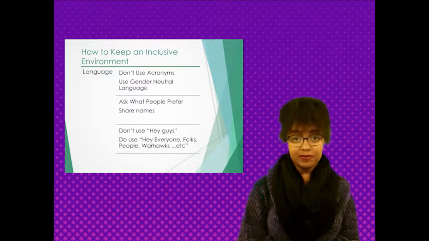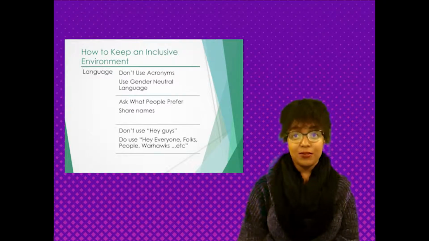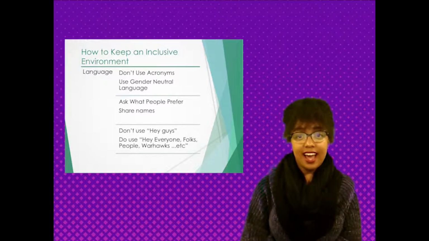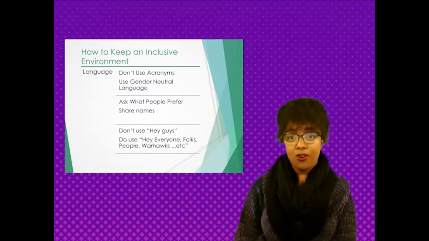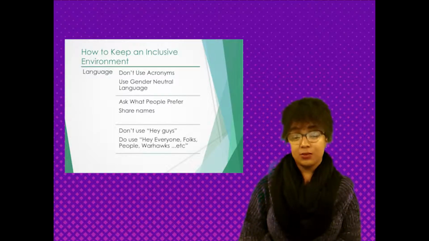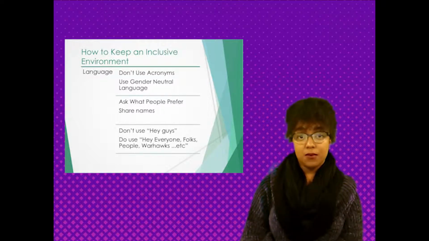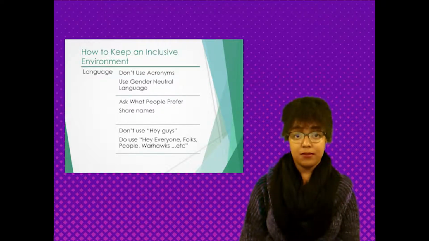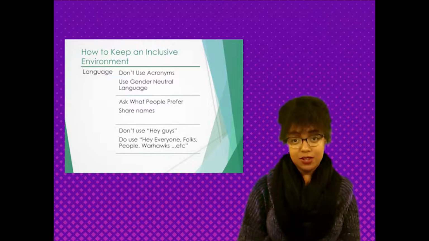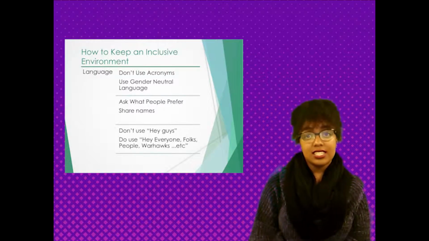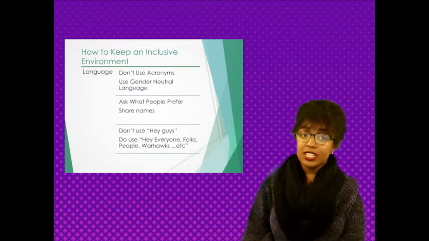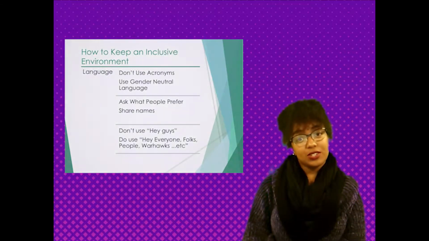Number two, be inclusive with your word choice. Be sure to use gender-neutral terms. Instead of saying, "Hey guys," say, "Hey everyone," or only refer to someone as he or she if you are sure that that's what they prefer. Never assume what someone prefers. If you don't know what pronouns they prefer, try using they or them. This will ensure you are being inclusive to how everyone identifies. This is a simple language change that could immediately open membership, leadership opportunities, and more to all interested students.